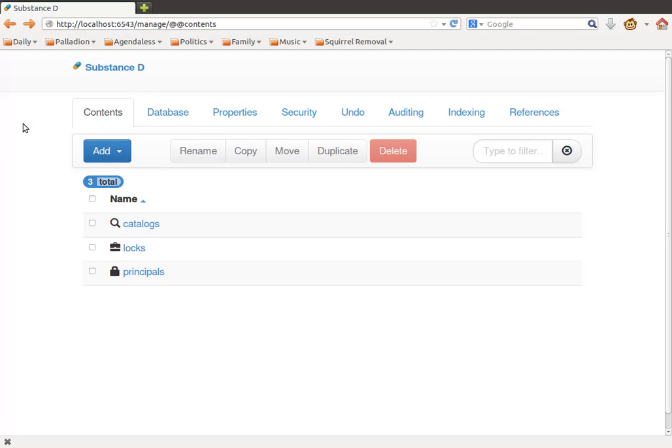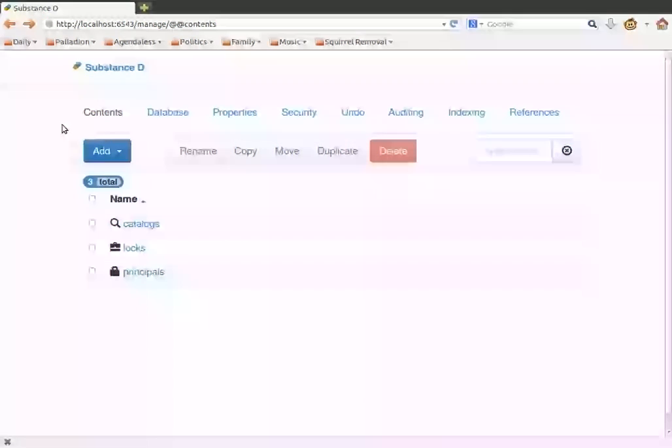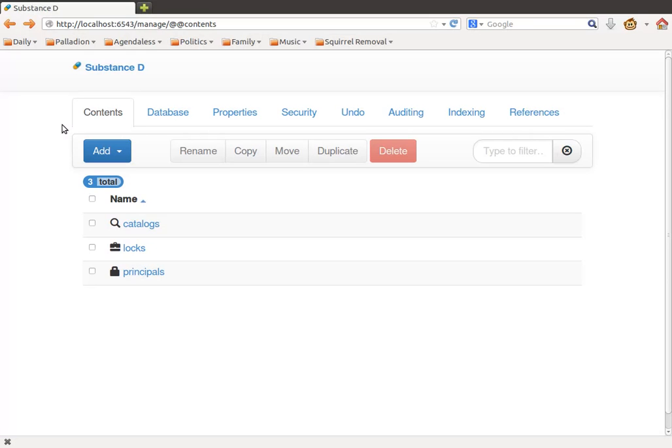You'll see here a couple of things about it. One of them is there is this title up here at the top, and that's configurable for your site. Across the top here there are a set of tabs. These tabs represent sort of aspects on whatever the currently focused object is. In this case, the object we're looking at is at the root of our site. Below the tabs is whatever the current view is,